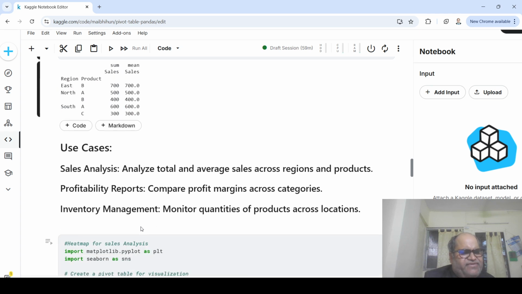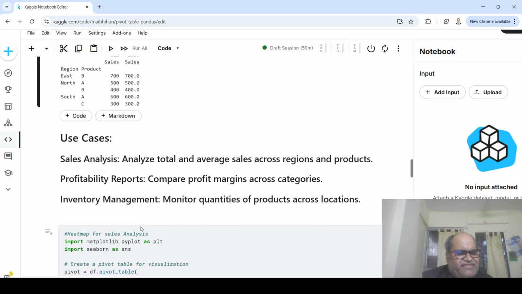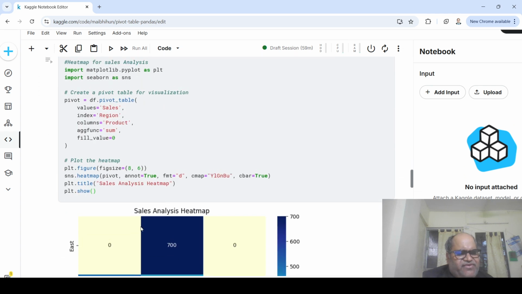Now, after looking at this pivot table, some typical use cases are sales analysis, where you analyze total and average sales across regions and products. You can look at profitability reports, where you can compare profit margins across categories. You can do inventory management, where you can monitor quantities of products across locations, and from there on it is endless. Let us look at a couple of quick